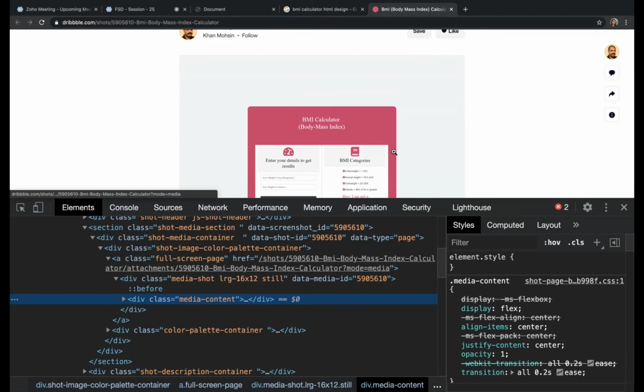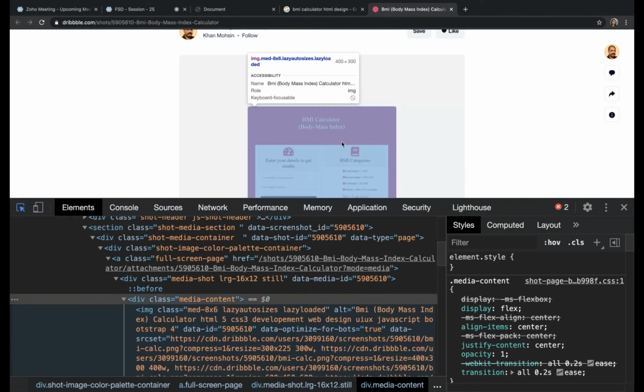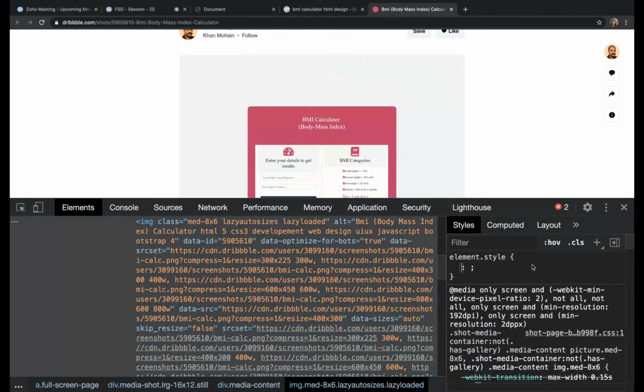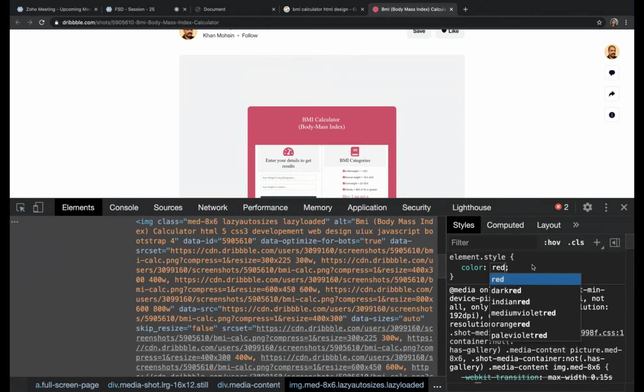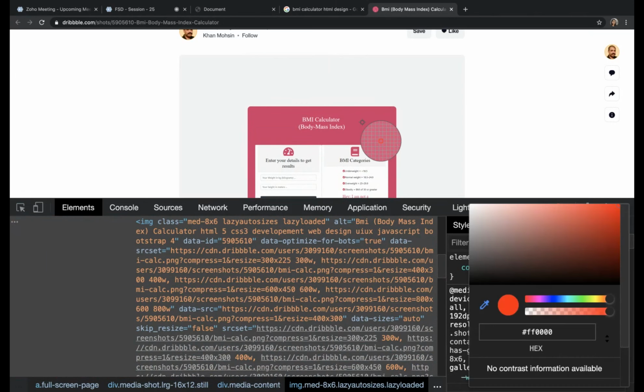So we are going to achieve it like this. As I said, if I want to take a color, I can take it like this. So I got the color of this thing.